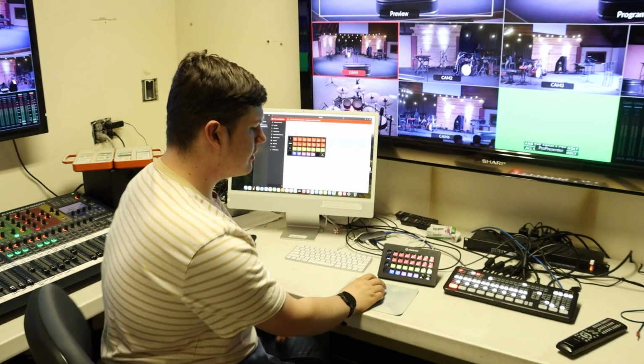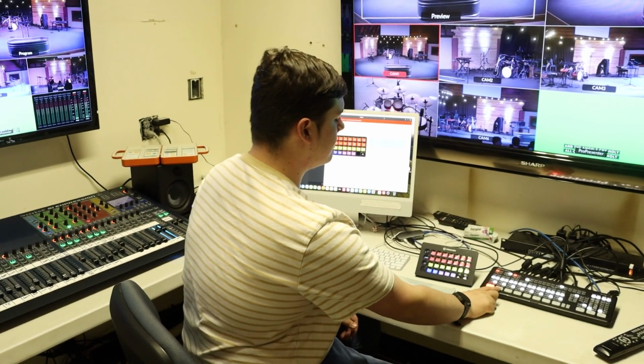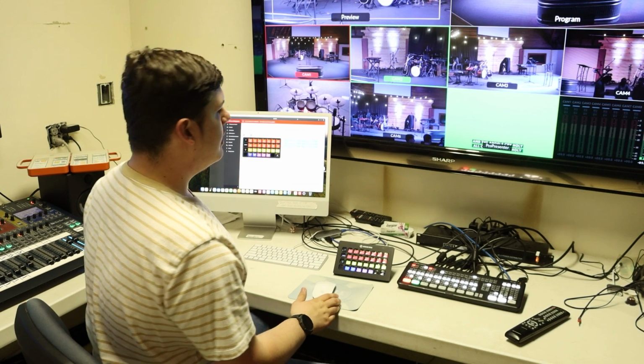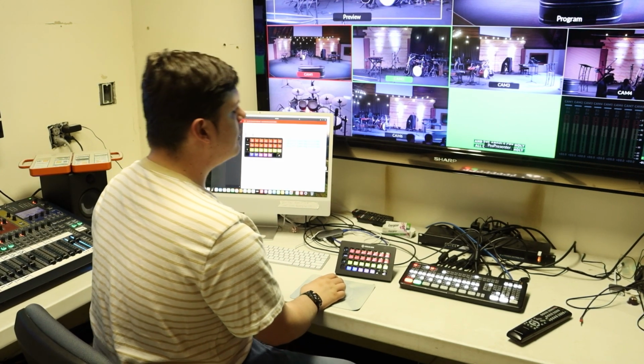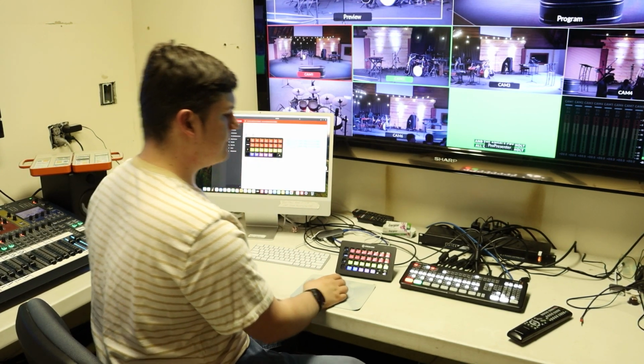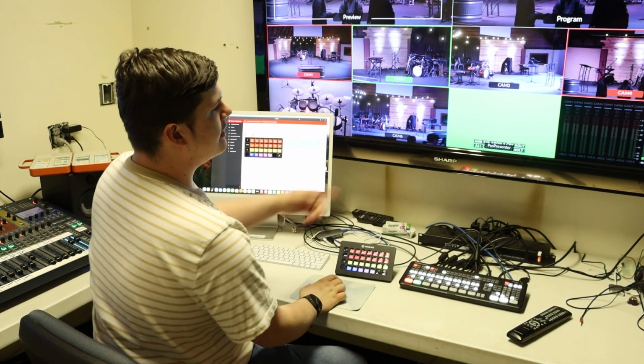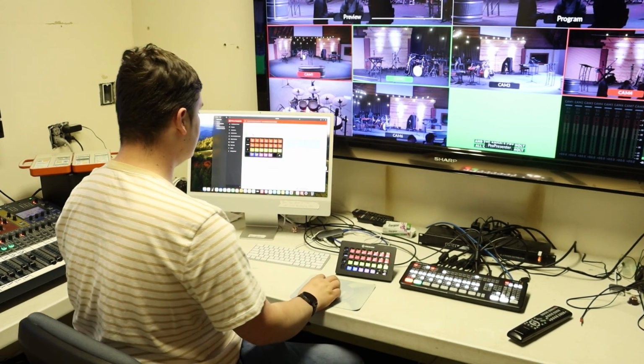Okay, next thing. Over here, we have our video switcher. Pretty much, this is ready to go. To get the lyrics on our live stream, we want to go over here to key 1, and we want to turn that on. Now it defaults to cam 4 for whatever reason, so I'm going to go down here